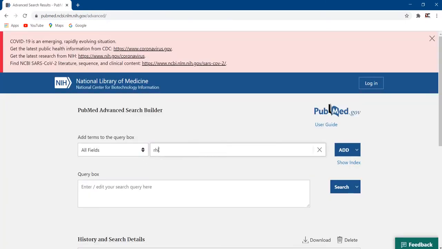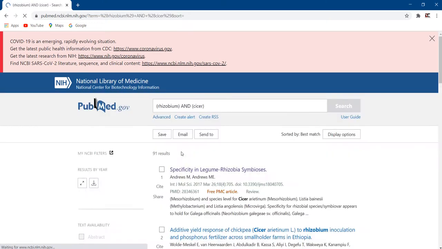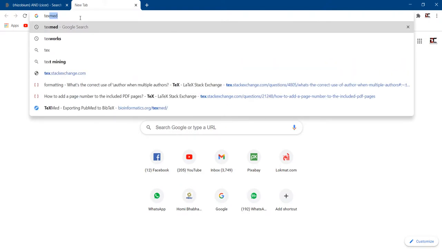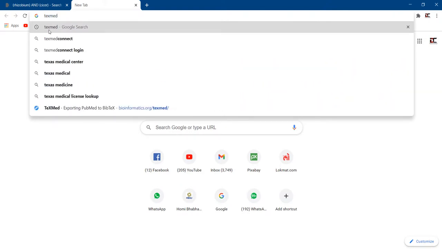Here I will create a query: rhizobium, and add, in rhizobium I will add Cicer. Cicer is for chickpea, and I will click this, go for search. Research articles are there, 91 research articles are there, and I will copy this query.